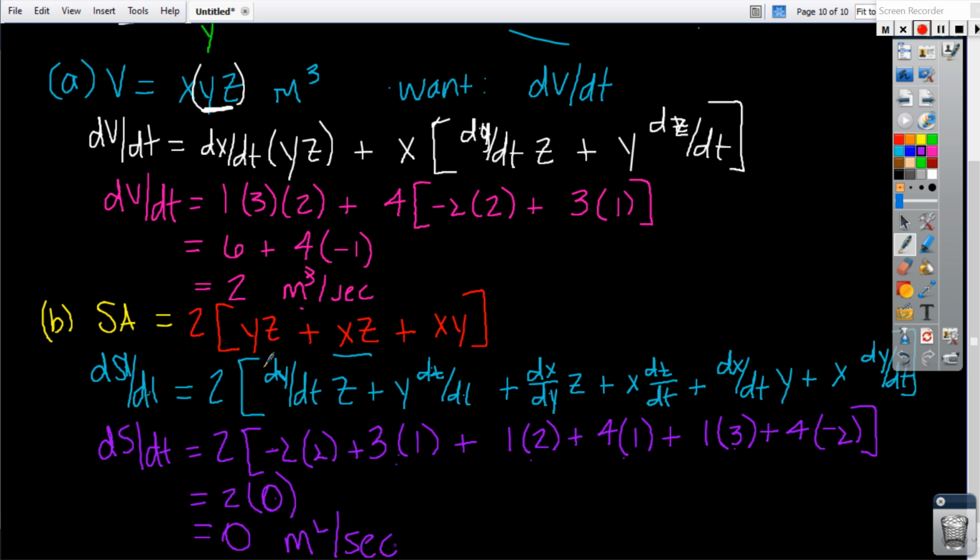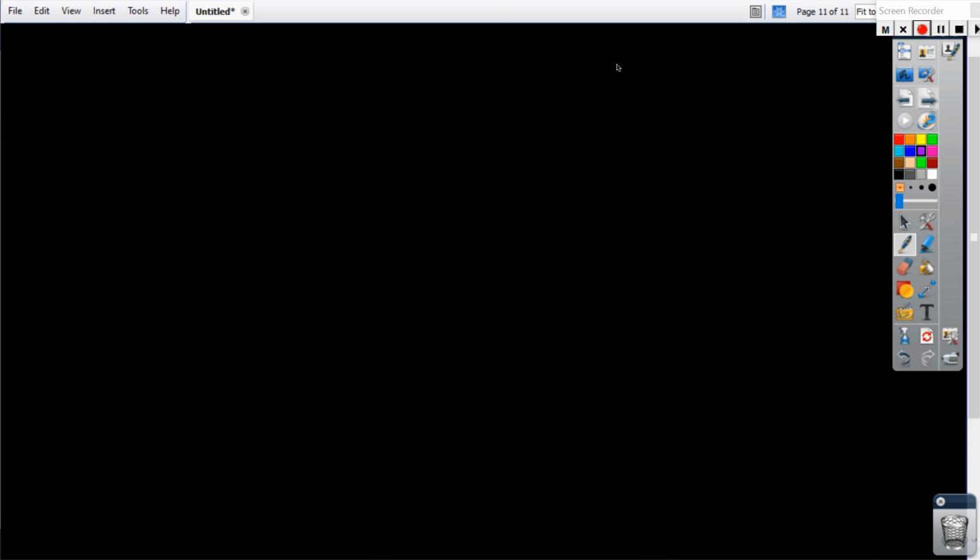Okay. And then let's look at part C, and I won't bore you going through all of part C. I'll help you with the setup and let you do some plug and chug with that. Part C asks you for the diagonal, and it tells you that the length of the diagonal is the square root of x squared plus y squared plus z squared and how that is changing. And so I would, again, with my dS/dt,